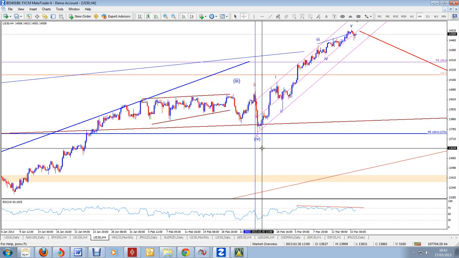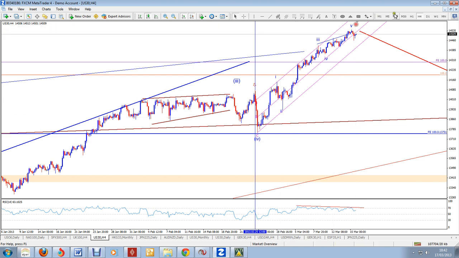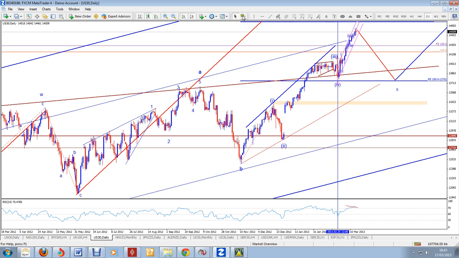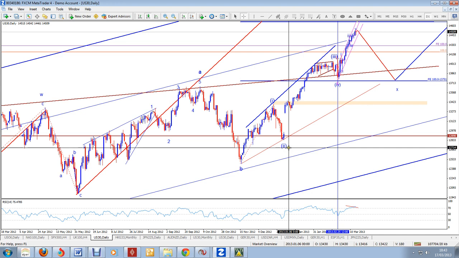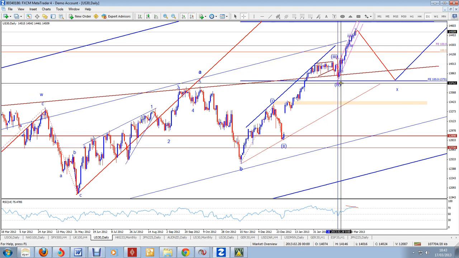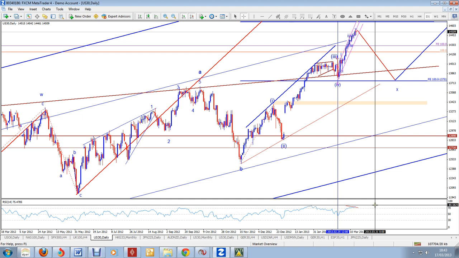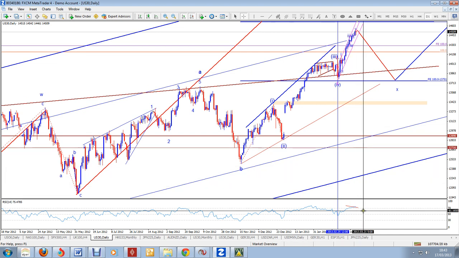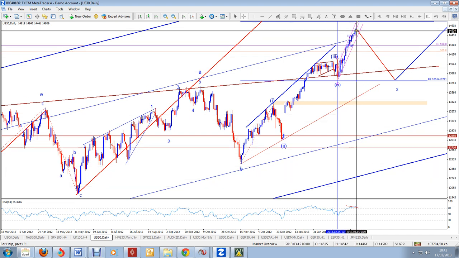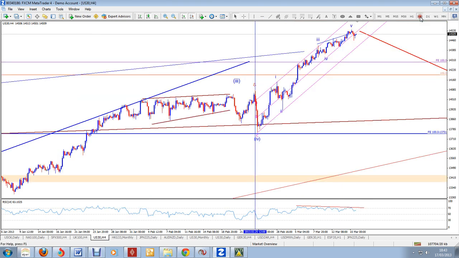of this sequence of 1, 2, 3, 4 and 5 to come, and that five wave cycle is basically one that started off back in November last year. So wave 1 in bracket, wave 2 in bracket, wave 3 in bracket, wave 4 in bracket, and wave 5 coming up together. RSI at the moment on a daily is still marginally divergent, and so if we have a top now, we will get a divergent RSI, or even if you have a minor correction, another push higher, then we will do so.